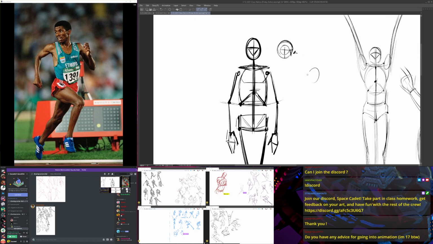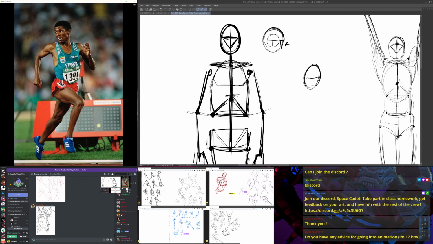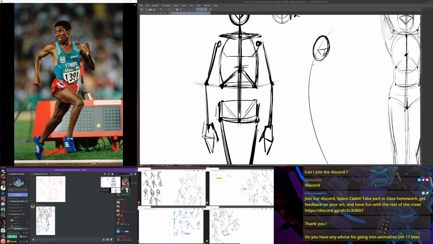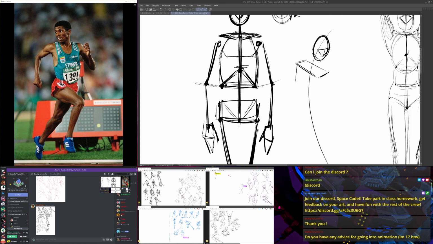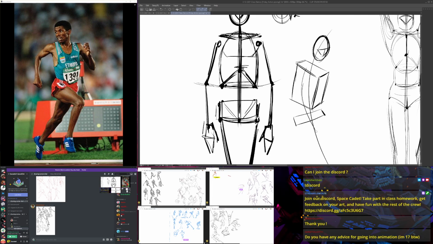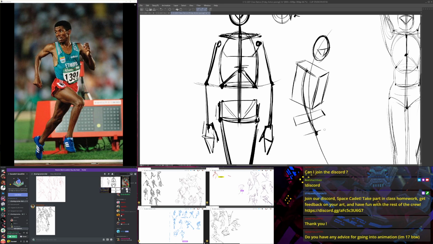So actually a couple things I want to show off. There's a couple strategies you guys could try out tonight. One of them is, if you're familiar with the way we draw our figure puppets, using the line of action and whatnot, you could maybe use some box forms for the body, like for the rib cage and the pelvis right here. Just get that center line right here from the pit of the neck to the pit of the crotch down here.